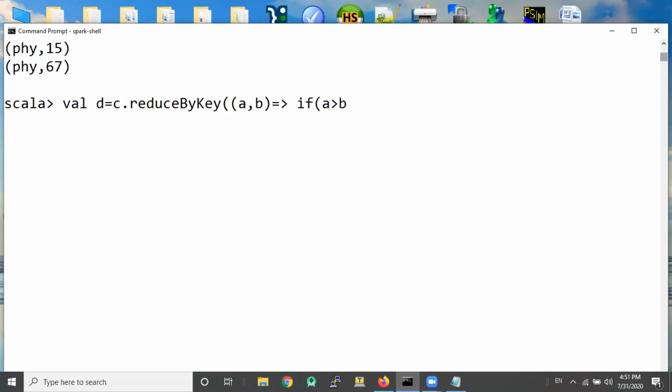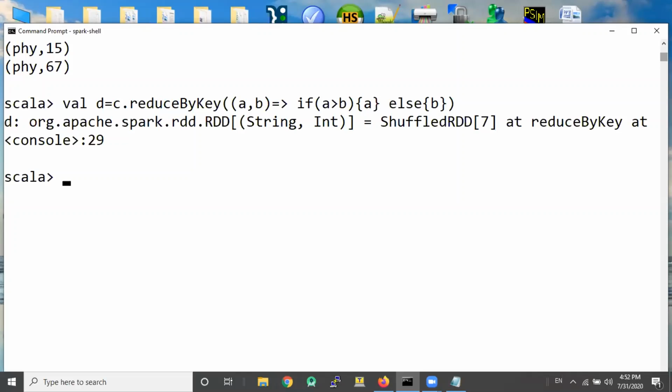a greater than b, in Scala you don't need to write return. You write a. So if a is greater than b, the value that the function returns is a. Else, simply write b. Okay? Let's run it.